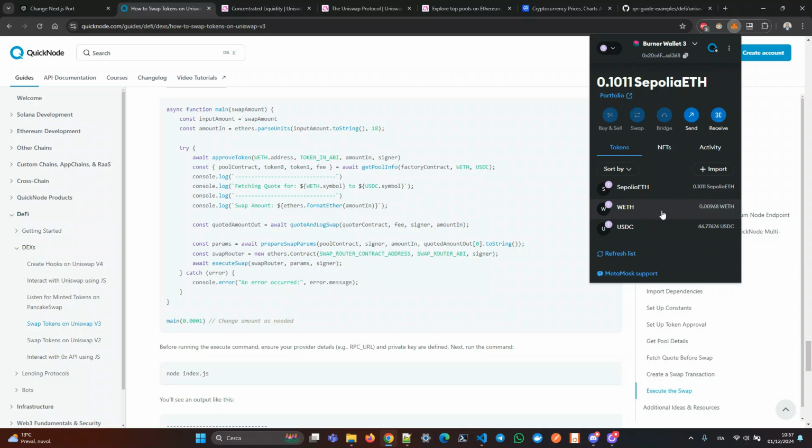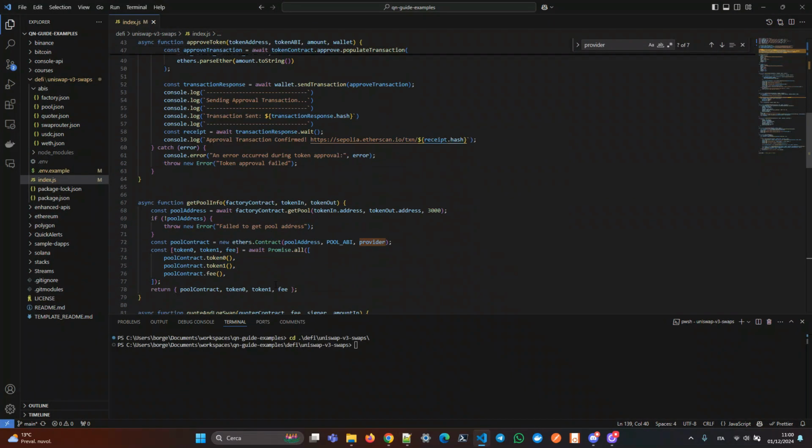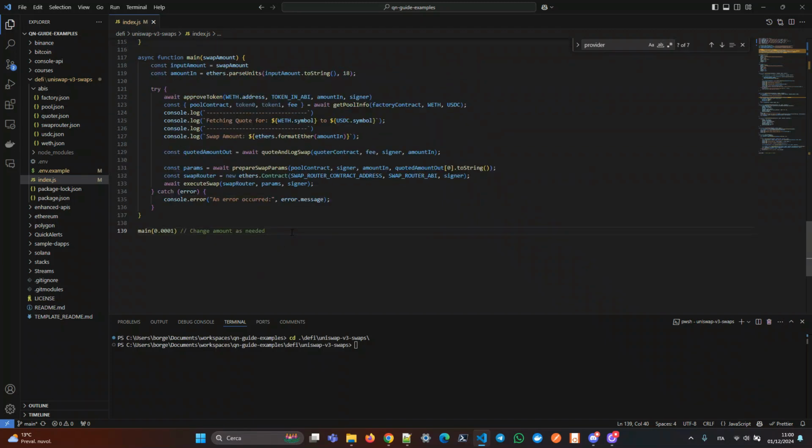But if I didn't have this wrapped ether here, I could not perform this operation, and I would need to swap an amount of Sepolia ethers into wrapped ethers, and then we can execute the operation of swapping between wrapped ethers to USDC, because as we said earlier, Uniswap does not work on Ether, but it works on wrapped ethers. So to wrap Ether into wrapped ethers,